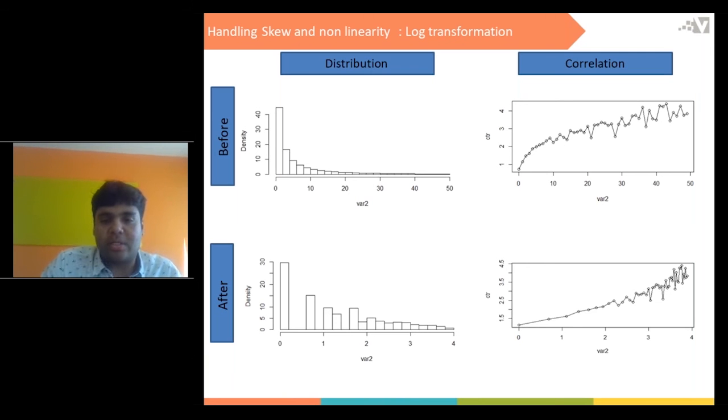And the correlation part also, earlier it was visibly nonlinear, which is now comparatively linear, at least in the sections where the density is high for that variable.